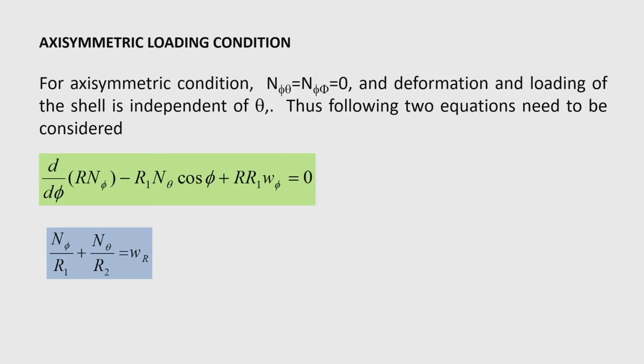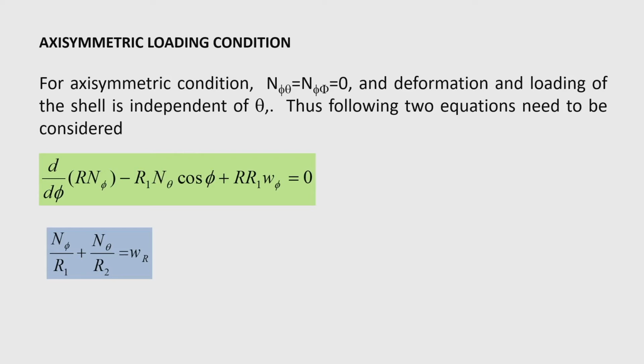Okay. Now, we know that under axisymmetrical condition N phi theta equal to N theta phi is 0. So, that means the deformation and loading of the shell are independent of theta, and in that case the three equations of equilibrium that we have obtained, one along the tangent to the meridian, that is, resolving the forces along the tangent to the meridian and equating them to 0. Again,